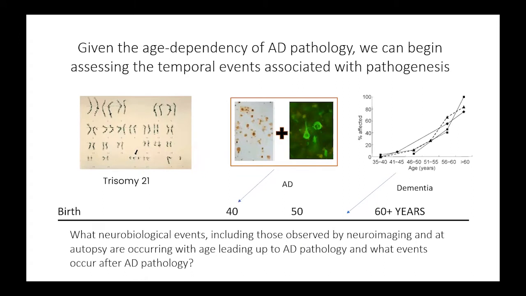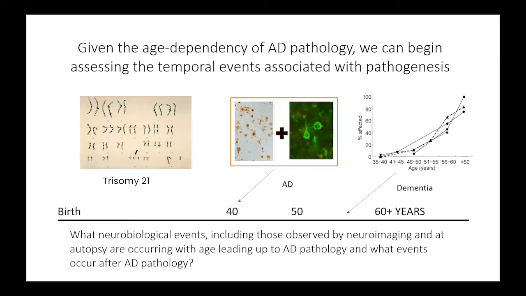So when we put this together, let's start assembling a kind of a puzzle. So why don't we start thinking about an x-axis of age and when do these events happen? And that might give us an idea of maybe what leads to what. And I wouldn't go so far as to say what causes what, but certainly what events happen earlier than other events. And that becomes critically important when we think about clinical trials and what pathways are we supposed to target, because they are going to vary as a function of age.